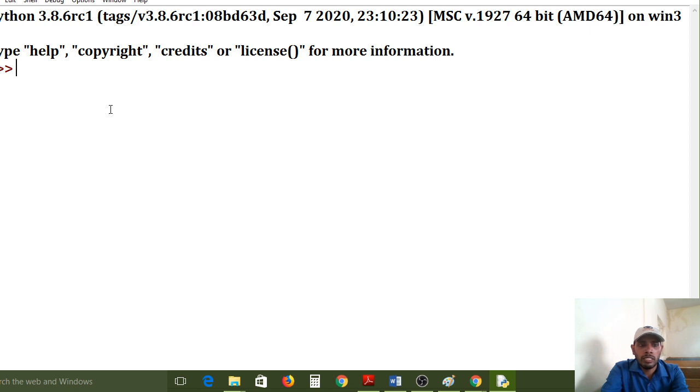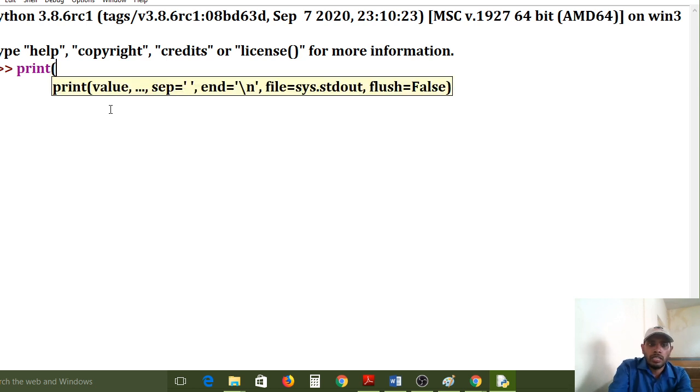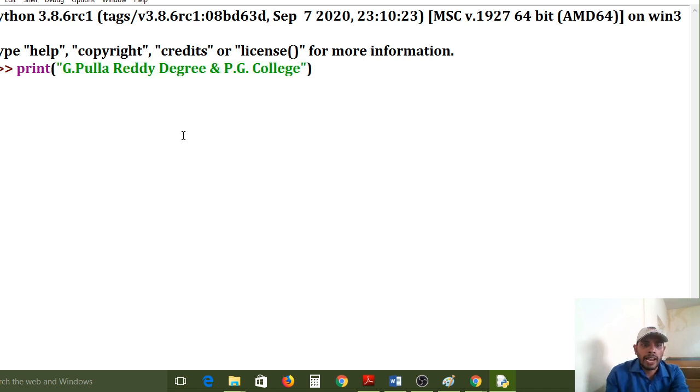Now I am printing my name and college name. For that I am using the print function, in double quotes G Pullareddy degree and PG college. Now I am closing the double quotes, and again closing the bracket. Here a semicolon is not required.